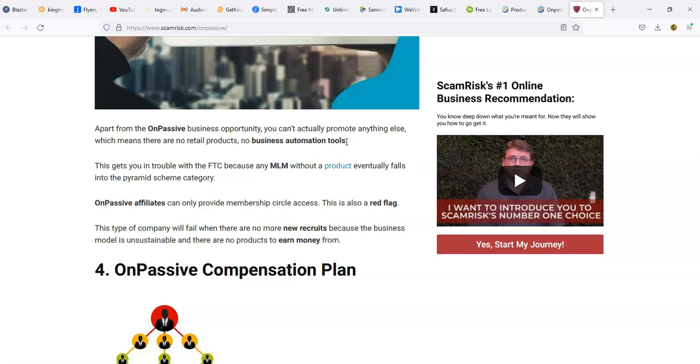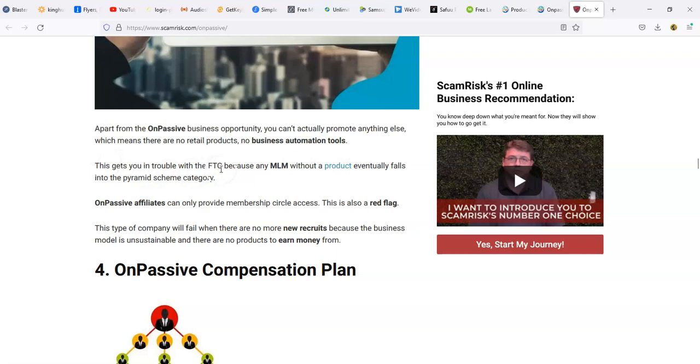Now, there are other things that the company is working on, but if you're in the end, which I am, I know there's more than what he's saying right here, but he doesn't really know. I can't call him a name or an idiot or something like that, because he just doesn't have access to the information. So he's only putting out what he has an idea about, which is what he sees. There are no retail products, no business automation tools. Right now, the tools aren't on the site yet.